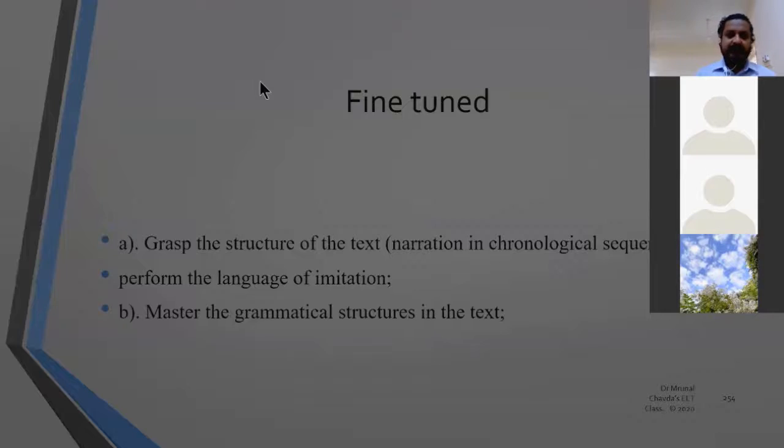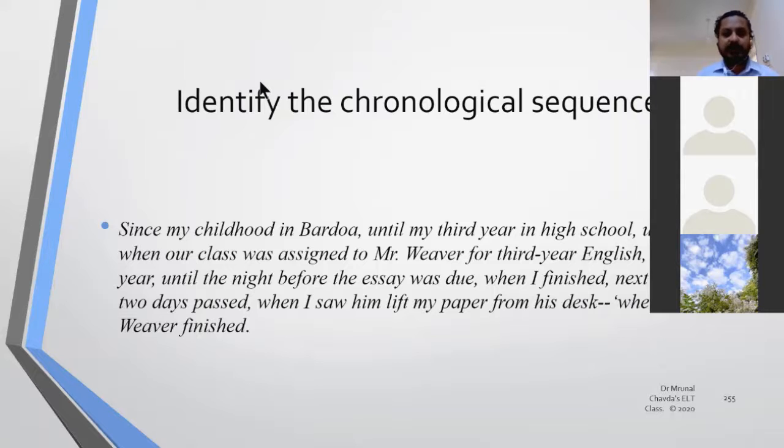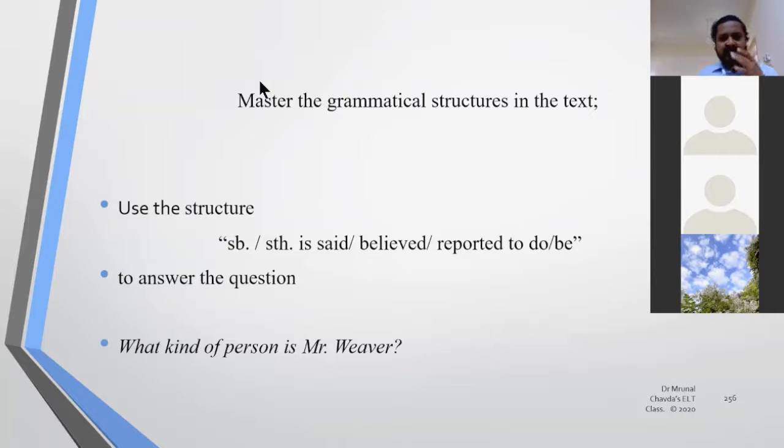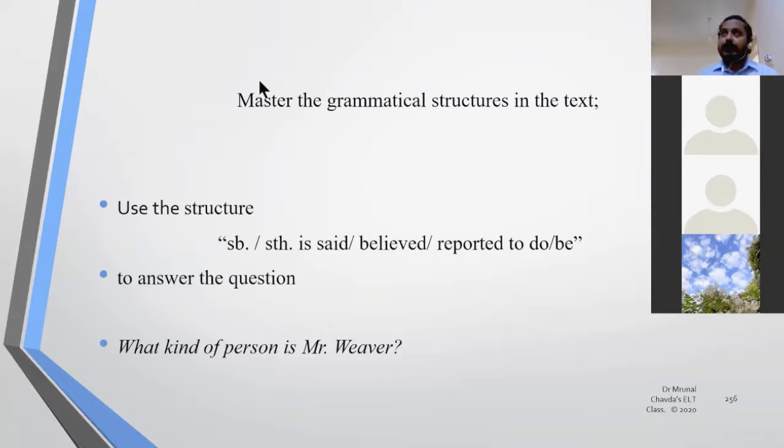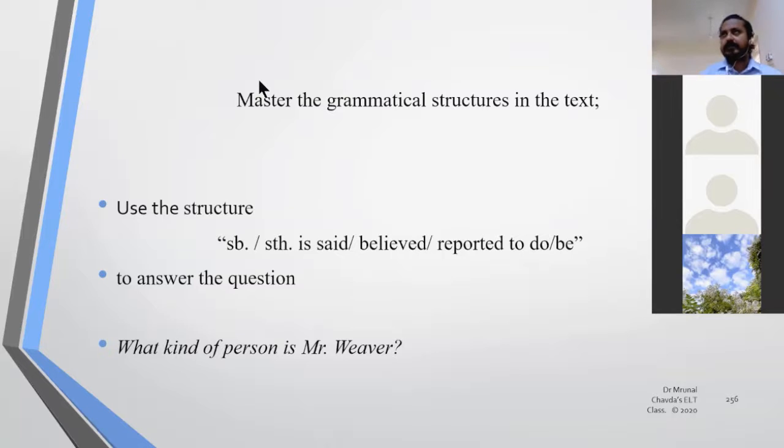So everything is given in a fine-tuned activity, like this one, identify the chronological sequence in this paragraph. We did that, and let's look at the ways in which the grammatical structures can be given to the students, and from that you try to get out this structure in their sentences. So the structure is that you write it on the board, and the students have to use this structure, like